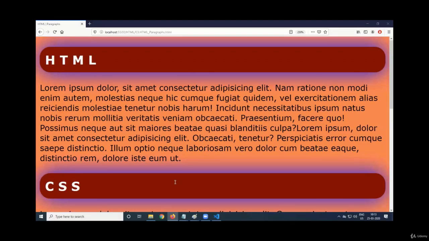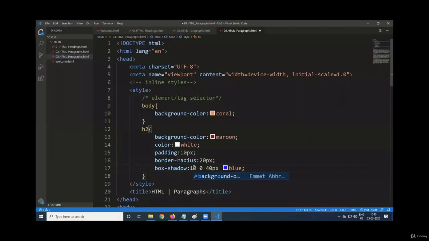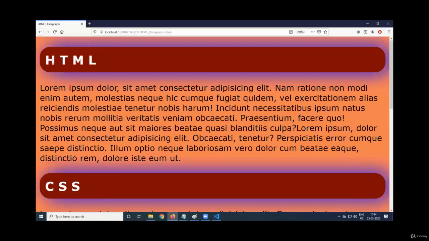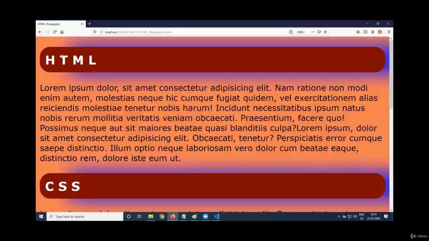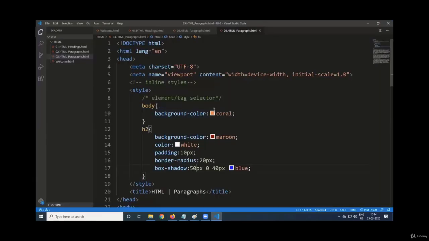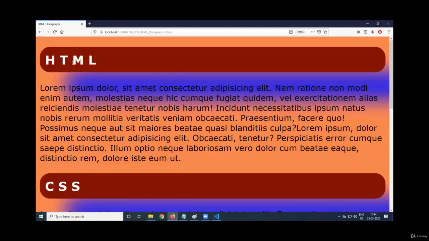Now here, if I say 10 pixel to the left, see this area is reduced. Or we'll say 50 pixel to the left. Just keep on changing. See, the blur effect is happening from the left. Now from the top also, if I provide 50 pixel, it will come down 50 pixel.